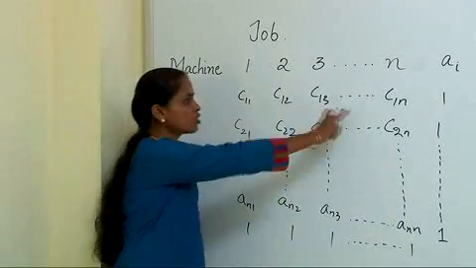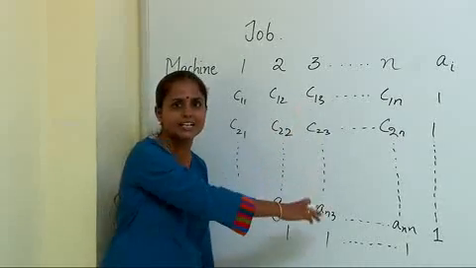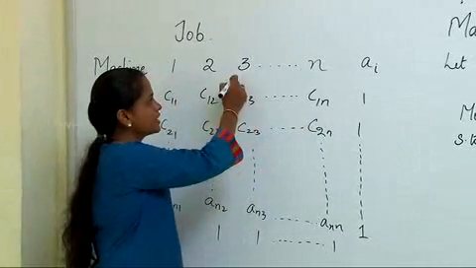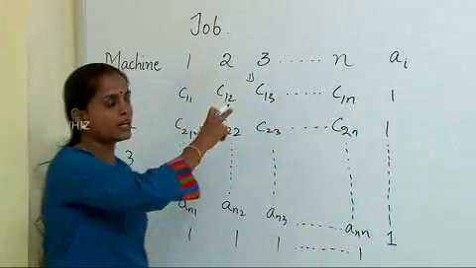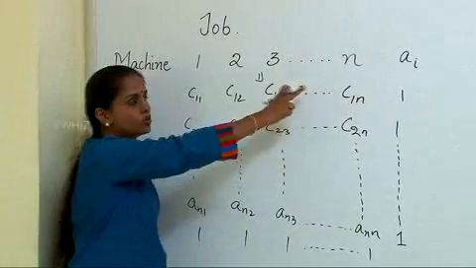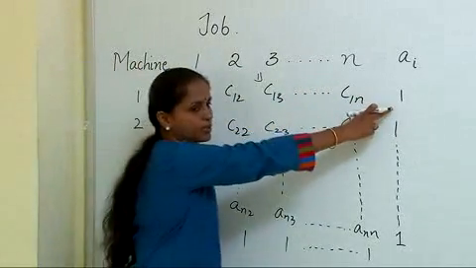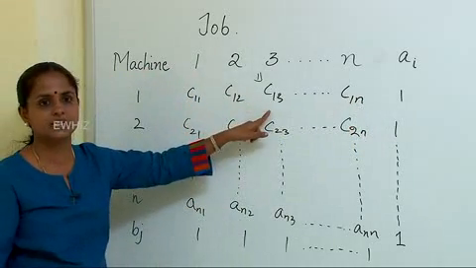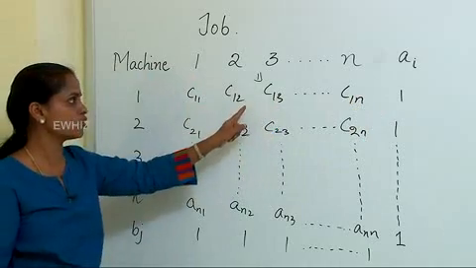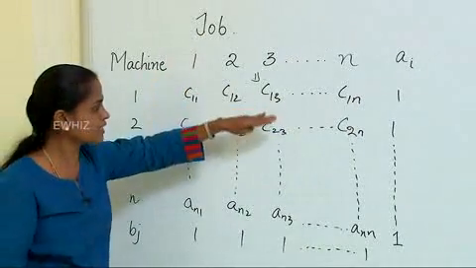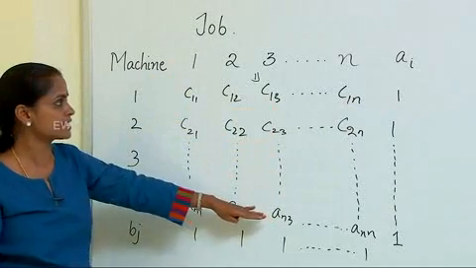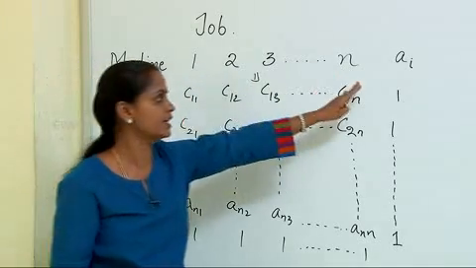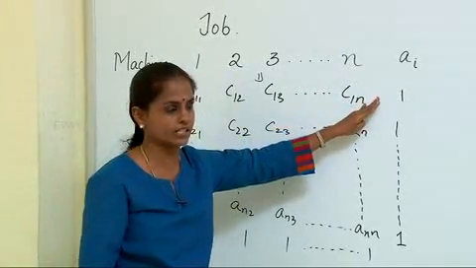That means each row and each column will have exactly only one assignment made, and the place where assignment is made, your availability will take a value 1 and the remaining takes a value 0. So when you sum up, the total lands up in 1. If a particular job is assigned to a particular machine, it takes a value 1 and 0 otherwise. So when you look at row wise and column wise after the optimal assignment, you will have only 1 in one place and remaining places will carry a 0 as the entry.